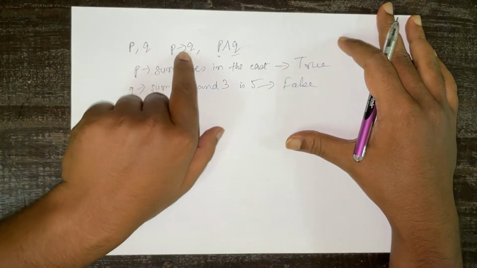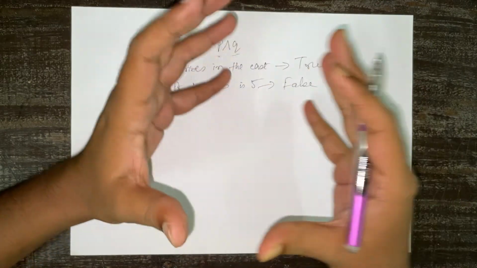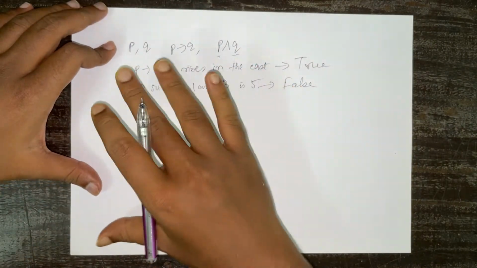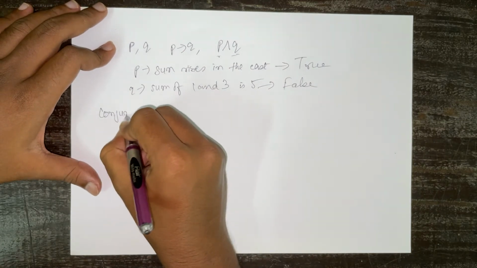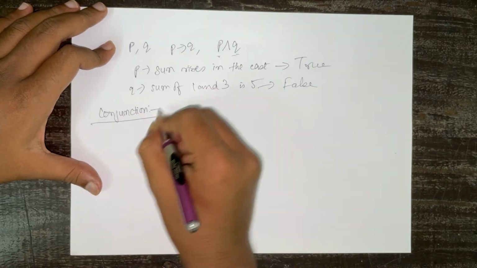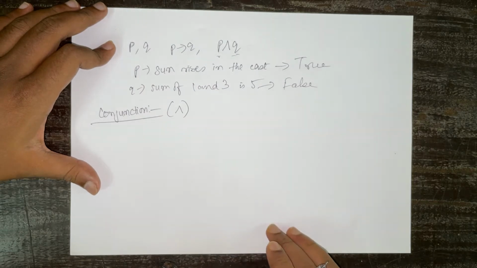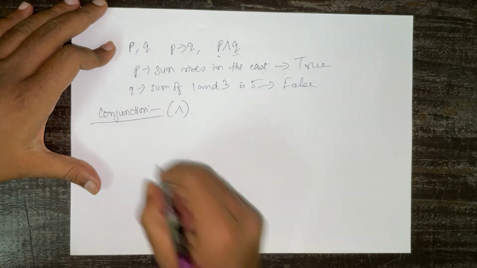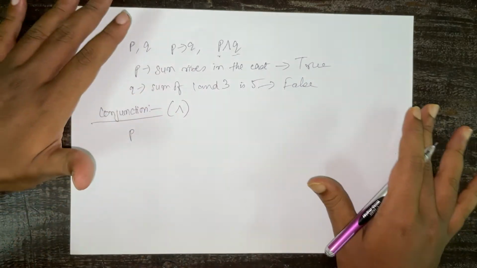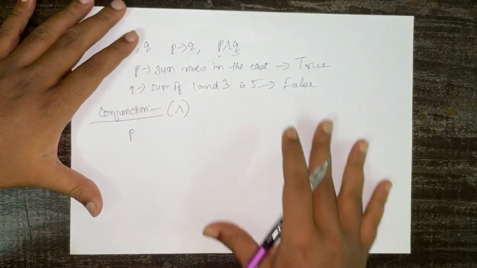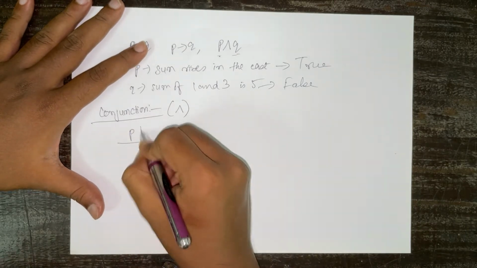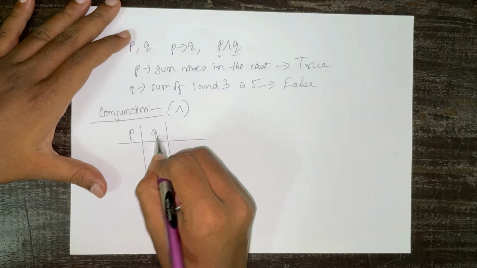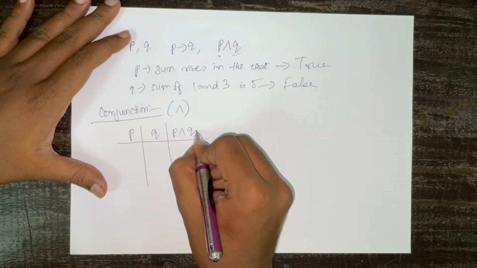Now these symbols, these are actually relations between two statements. So the first one that we have among the relations is the conjunction, and the symbol is like this. Okay, this is our conjunction symbol. So what does P conjunction Q mean? So if P is a statement, and we will deal with truth tables. Now let us see how truth table is organized or arranged. Okay, so we are going to have a table. One is going to be for P, one is going to be for Q, and the other is going to be for the relation P conjunction Q.